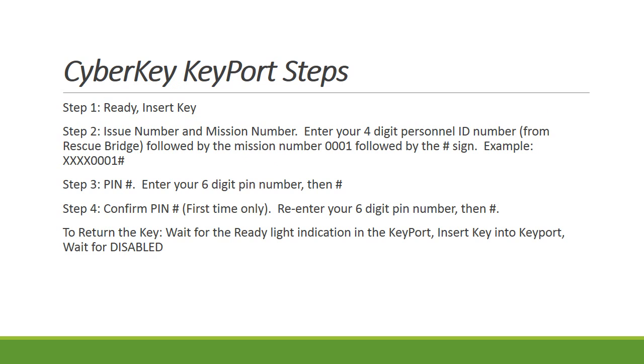The Cyber Key Port Steps. Step 1. Wait for the ready light indication on the key port. Then insert your key. Step 2. Enter your issue number and mission number. This is your 4-digit personnel ID, as seen in Rescue Bridge, followed by the mission number 0001, followed by the pound sign. For example, I could enter